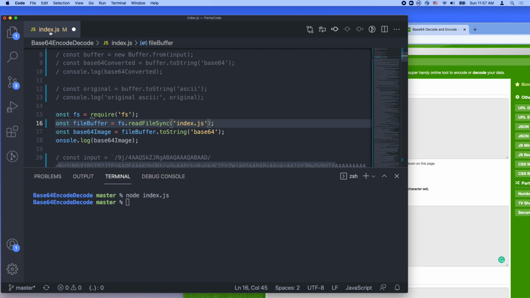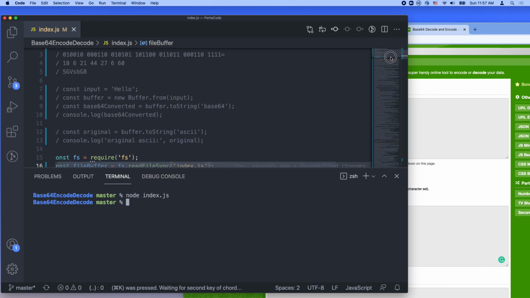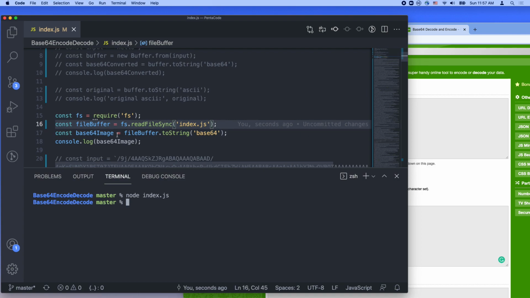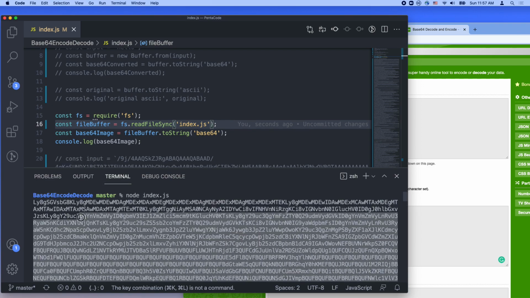So we're converting the file that we're currently working on into a base64 format, right? If I run this, I commented out everything else. I'm just going to see what is the base64 encoded version of this index.js file. Okay, so we actually can convert the index.js into a base64 representation.